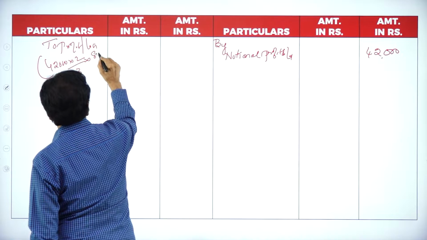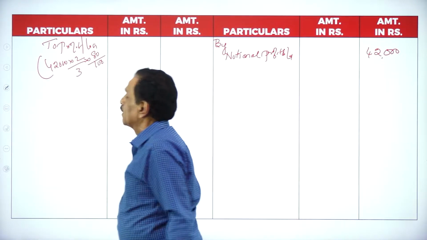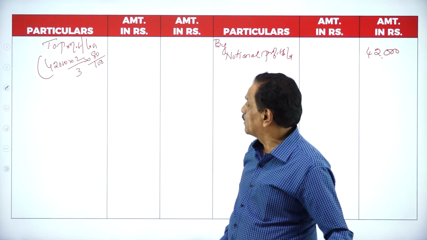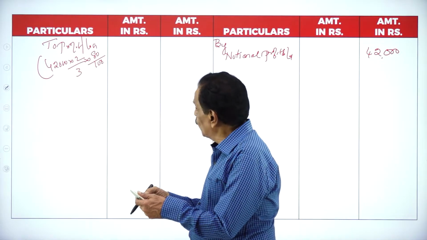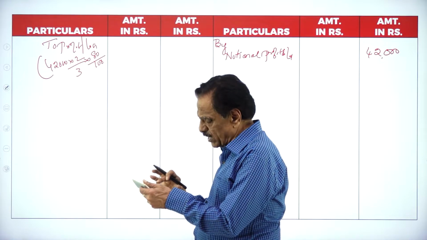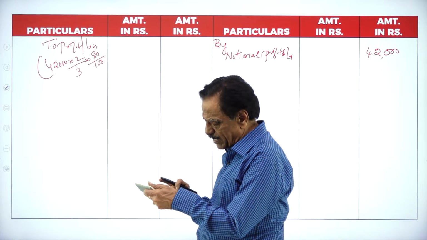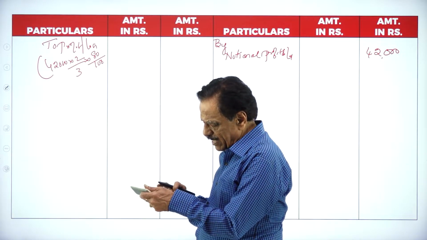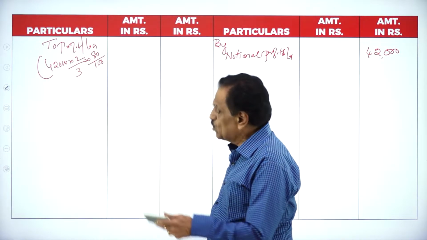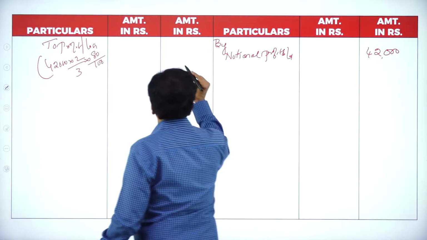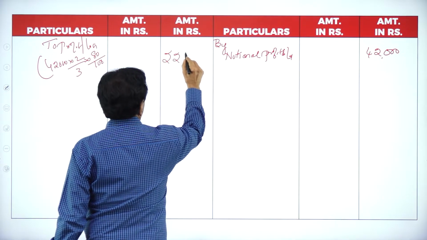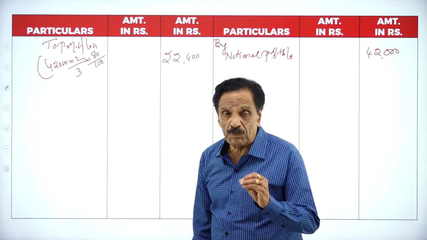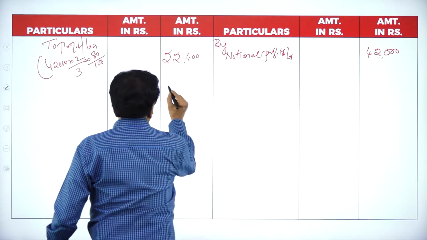Cash received is 80% of 100. What is that? 42,000 notional profit into 2 by 3 into 80 by 100. Before that, 4,20,000 into 2 divided by 3 into 80 divided by 100. 22,400. 22,400 transfer to profit and loss account. The difference is